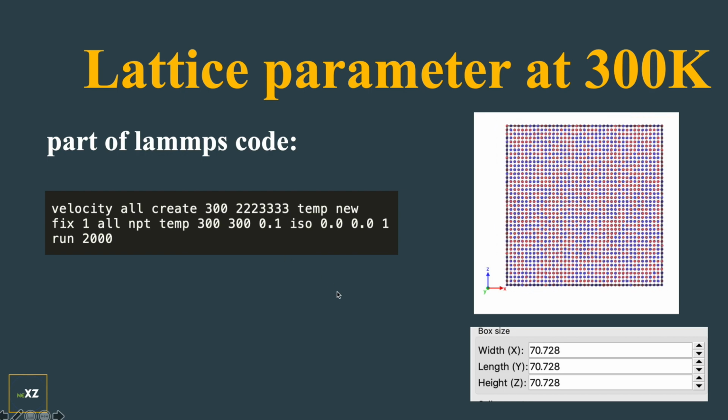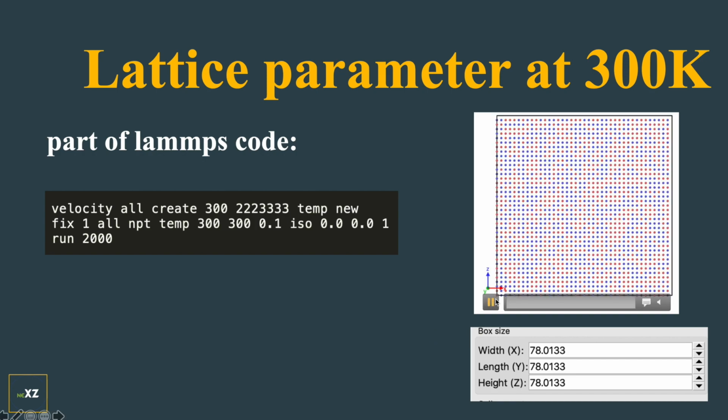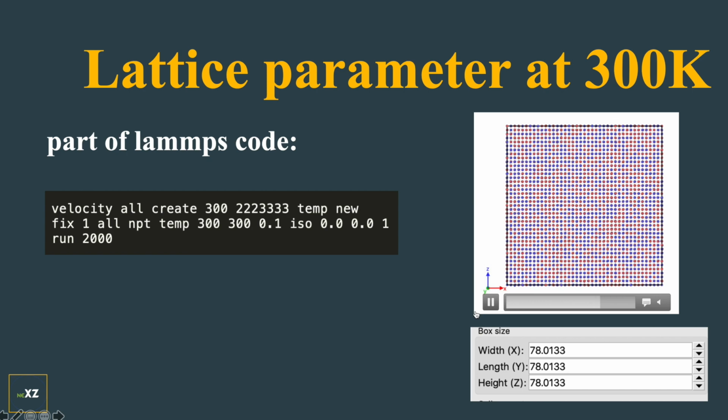When I do this, you can see that the particles are actually vibrating because it's 300 Kelvin. The particles have certain velocity and they vibrate around, and the box is relaxing and contracting because I have given a lattice parameter which is higher than required. It's always better to give a lattice parameter which is higher than what you can expect. Let us say the lattice parameter is 3.5 angstroms, then don't give 3.2. If you give 3.2, the particles will explode. Give something like 4, so that they relax to 3.5. I think that helps a lot.